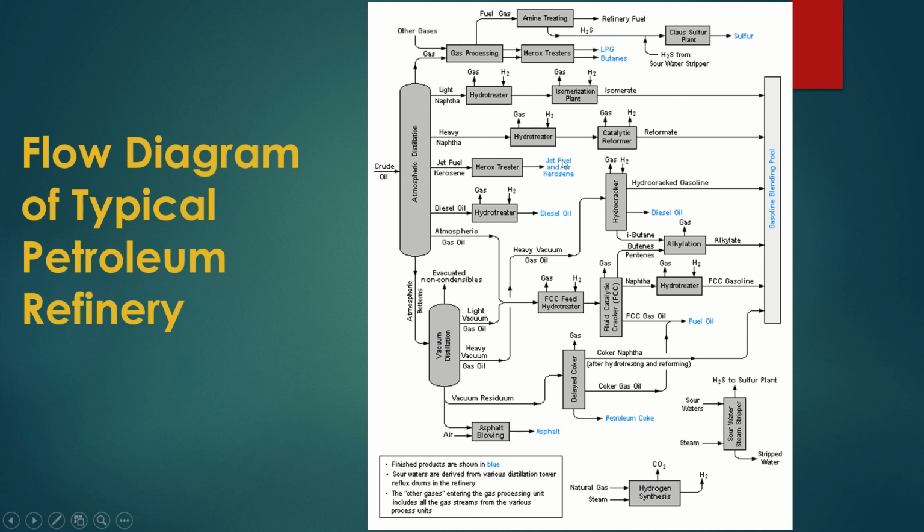There are many units for conversion, like the isomerization plant where the isomerization reaction takes place, and the catalytic reformer where reaction in the presence of a catalyst takes place. Below this is the delayed coker, and inside this thermal conversion takes place. Also, the alkylation unit is there, hydrotreater is there, FCCU, hydrocracker. Many of the units require heat energy, so they are directly related to the thermal conversion process.